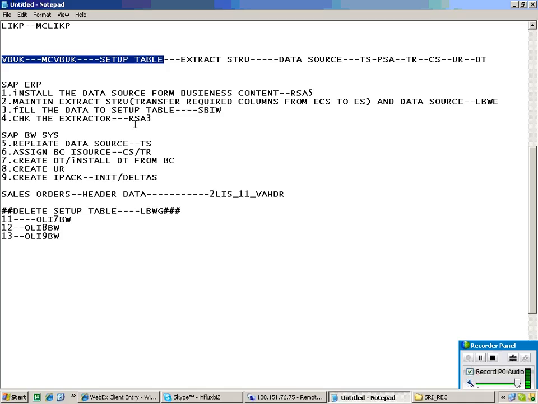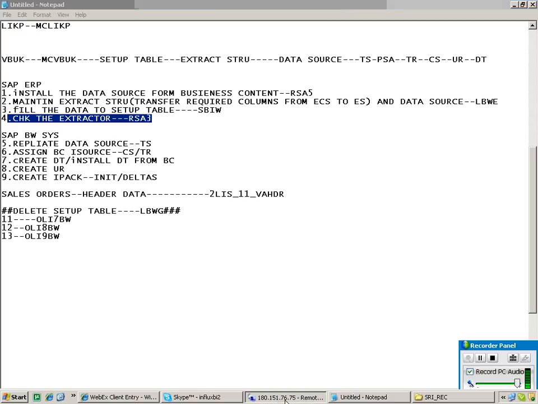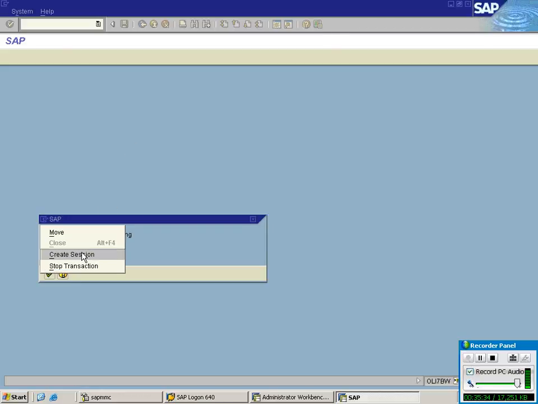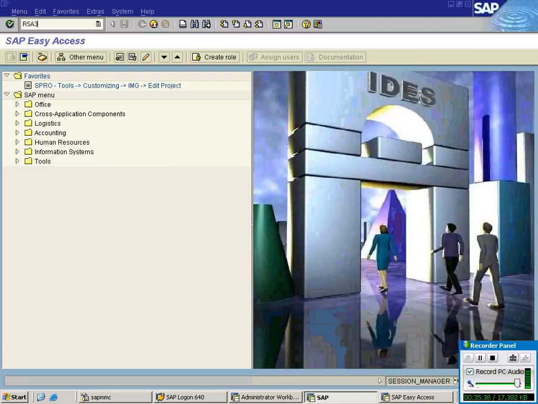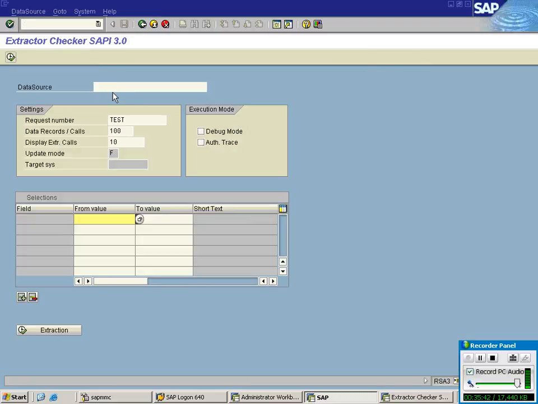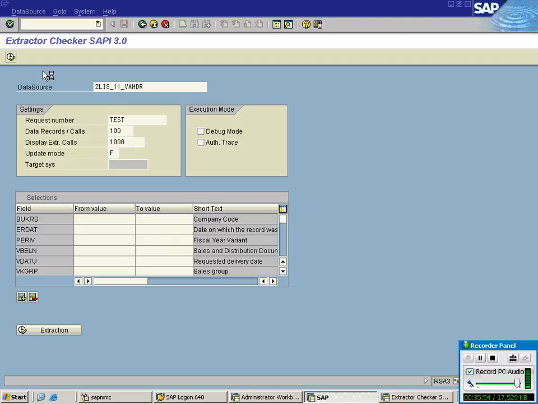Let it keep going on. Meanwhile, what is the next step? Let us check the extractor. Just open a new session. RSA3. What's the data source name? 2LIS_11_VAHDR. Change the display, extract.